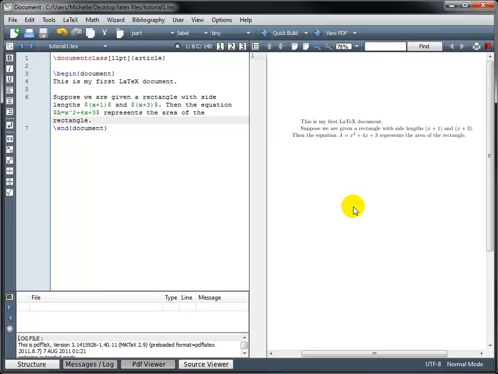When I use $ signs around my math notation, yes, I'm in math mode, but more specifically I'm in inline math mode, and that means the math is going to display on the same line as the text. If I want to set it apart and have the math portion displayed on its own line, then instead of being in inline math mode, I want to be in display math mode, and we accomplish that by using double $ signs. So I'm going to type this